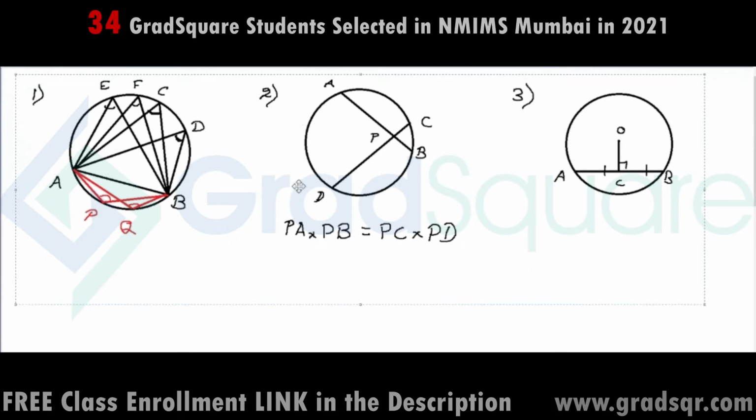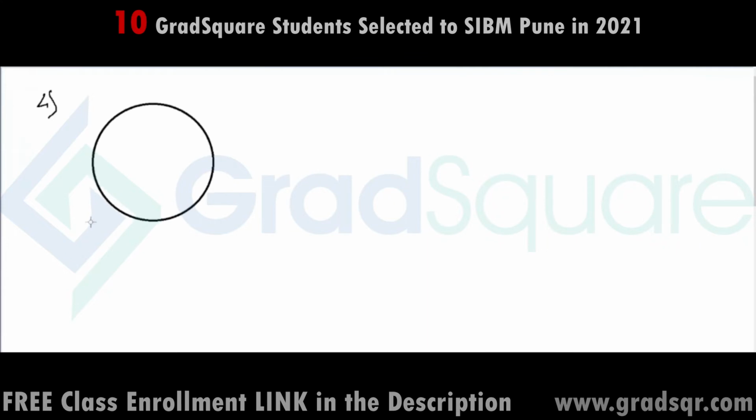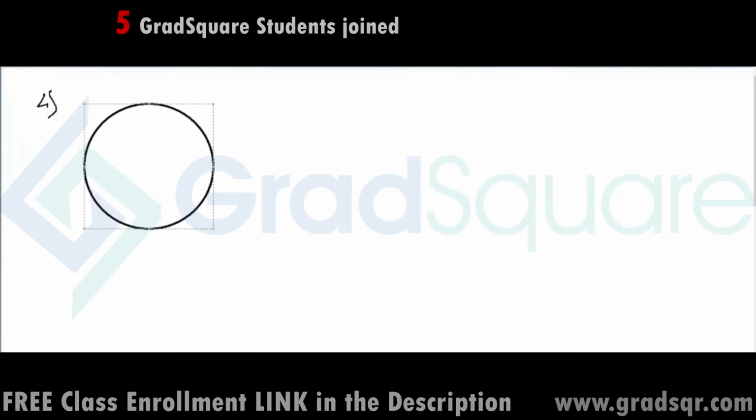So these are the first 3 basic theorems. Right? Fourth theorem in circles. Fourth theorem is again a very famous theorem. Again, this is something that we have all studied in school. So let me take a circle once again with center O. And suppose there are 2 points on the circumference. Let me call those 2 points A and B.